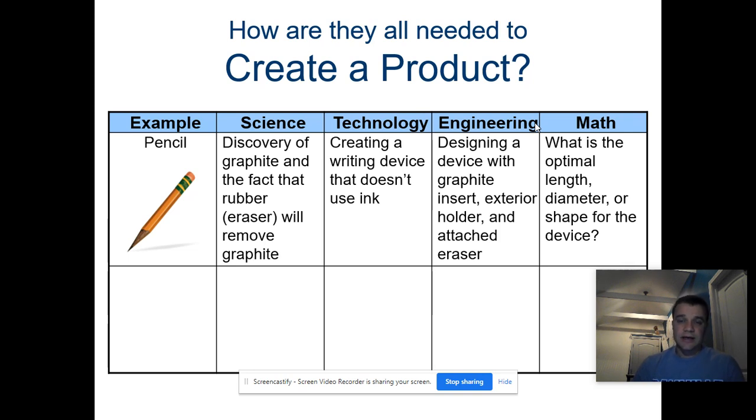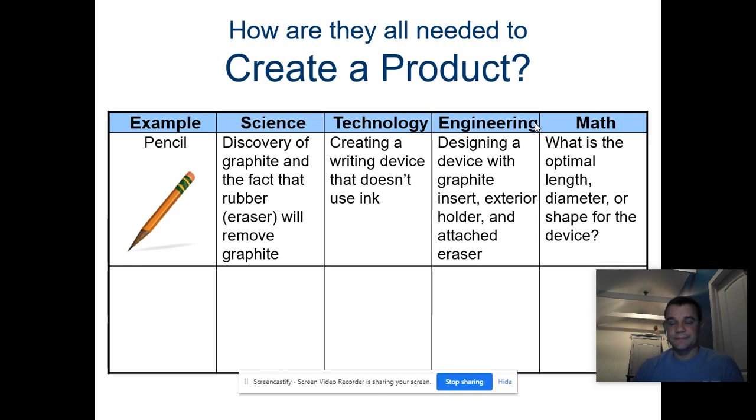Now, engineering. An engineer is going to work with that technologist in the design. They might work with them to solve problems with, okay, how do we get paint on this design? How do we determine the best possible wood to use with that design? Where's math involved? Well, math is going to be involved with how long is the pencil, what's a comfortable grip diameter for your fingers to pinch. Length: how long should a comfortable pencil be, both for holding on to write and for how long it would last before you would